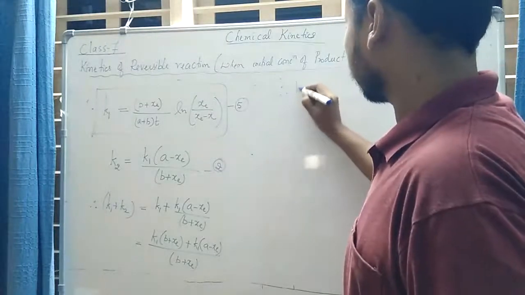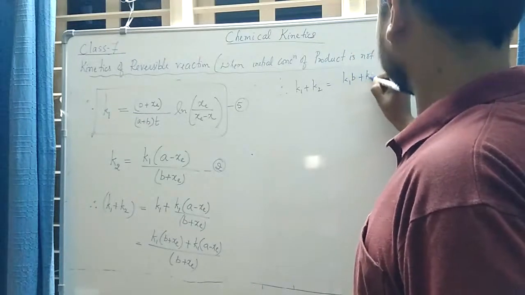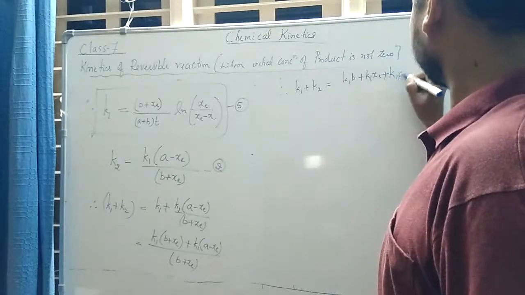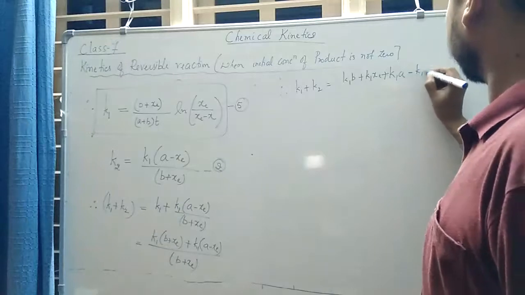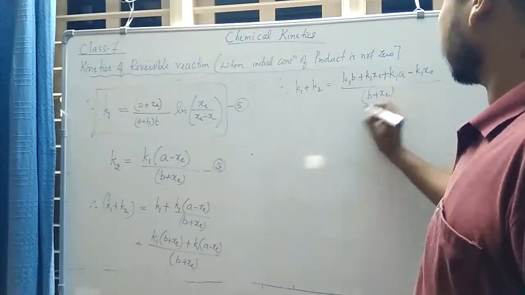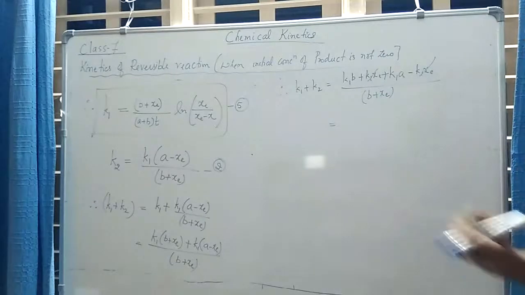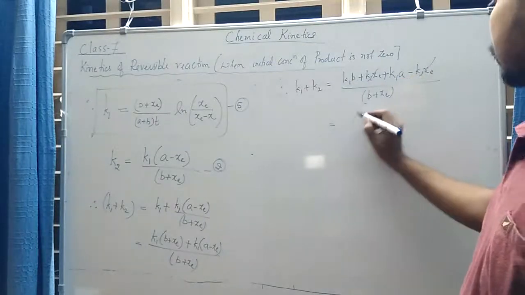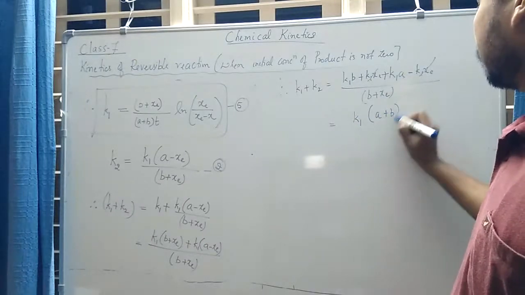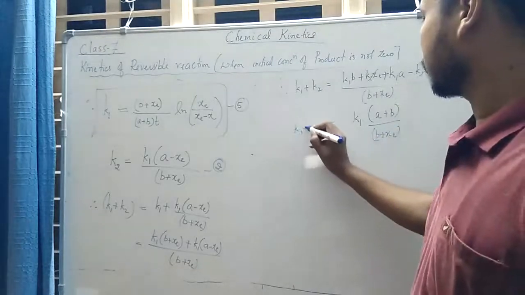Okay, therefore k1 plus k2 is equal to k1 into b plus k1 into xe plus k1 into a minus k1 into xe divided by b plus xe, that is equal to, so k1 into xe minus k1 into xe gets cancelled, they become 0. Here I have k1 as constant, so it is k1 is constant. Here I have a plus b divided by b plus xe. So this is nothing but k1 plus k2,